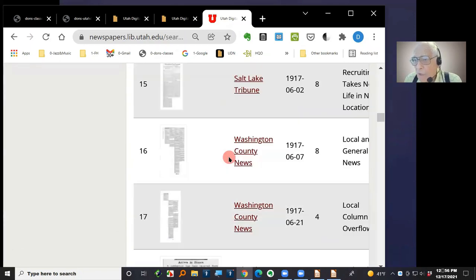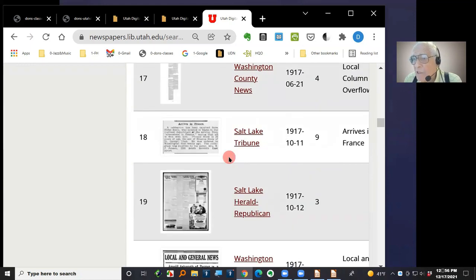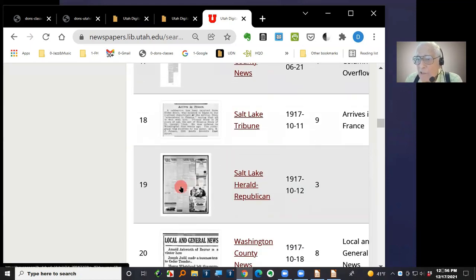I want to go down to one where it's a full page newspaper. Here's one. There's a full page newspaper. This is the Salt Lake Herald Republican. I'd never heard of that newspaper, but this is 1917, October the 12th. That's World War I. My dad was in the Army, the United States Army in World War I, sent over